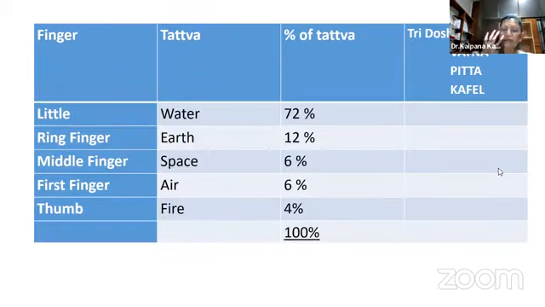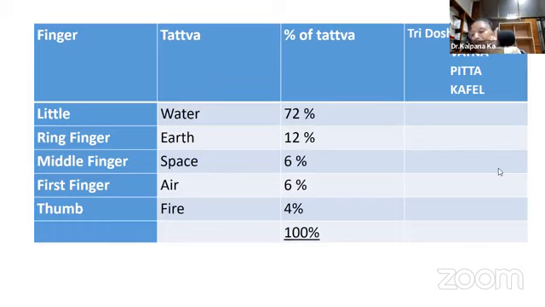And that's why our hands mean so much, but we don't even realize. So the little finger, which is the water, is 72% water in your body. It's little, but it's the most powerful. Imagine, the most powerful finger of the 5 fingers is your little finger. Now, sometimes we say short people are more clever than tall ones. So this is how the short, tiny little finger is very, very sharp, very, very powerful, because it constitutes